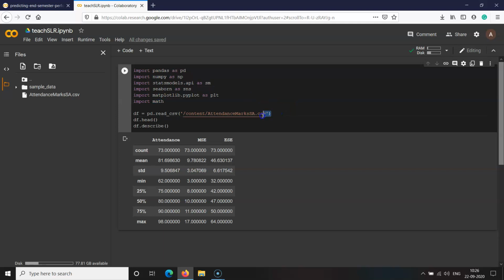Here I have loaded the data set into the memory as a pandas data frame, and after loading the data set into the data frame, I have executed the method called describe, which displays the descriptive statistics for the given data set.